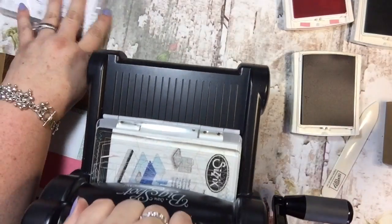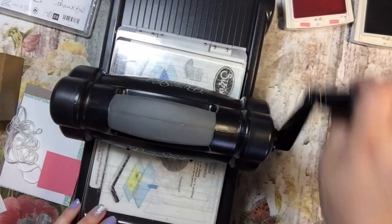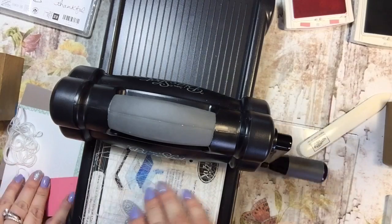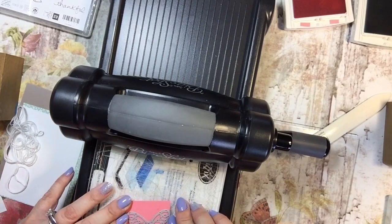I'm going to go ahead and cut out, I probably shouldn't open those yet. Let's cut out this butterfly while I'm thinking of it. Let's move this out of the way so I won't ink up my knuckles. I love my Big Shot. I promise you,